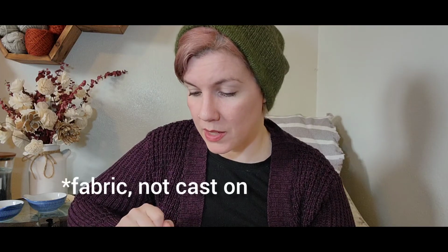So I did a 74 stitch count just with a regular cast on there, like a knitted cast on, but it was too small and would not go over his head. So I frogged it and I added a couple stitches at 76, and then I tried to do this faux tubular cast on, but the faux tubular cast on is not stretchy at all. The real tubular cast on, which I did later for a different sweater, is pretty stretchy and probably would have worked had I done the real thing, but I was intimidated by the tubular cast on at that point, so I didn't do it. So then I did 82 stitches for a provisional cast on,